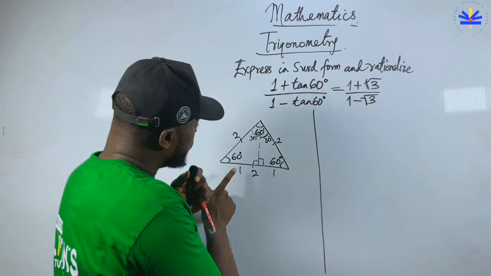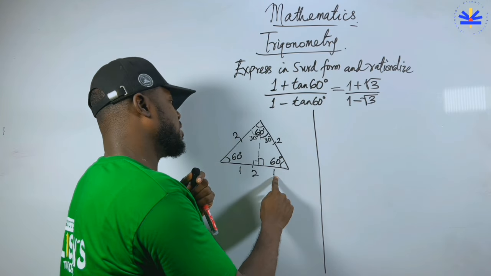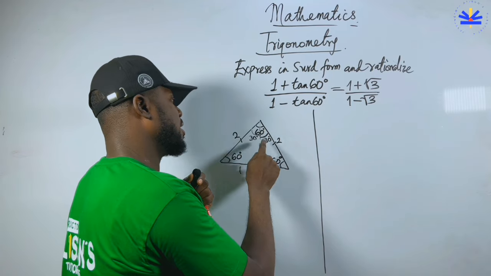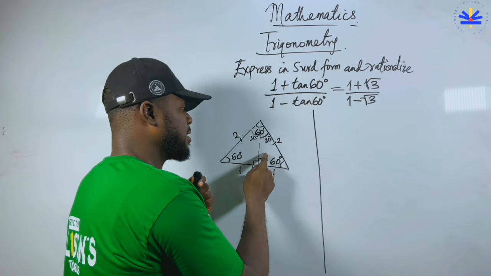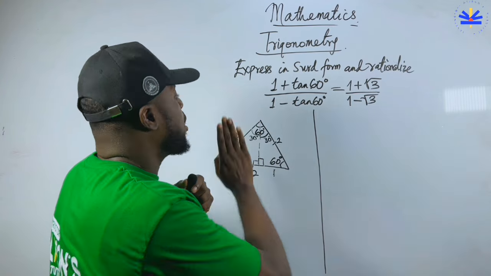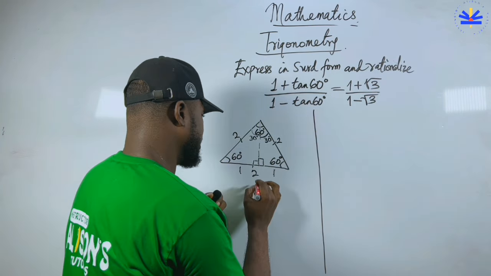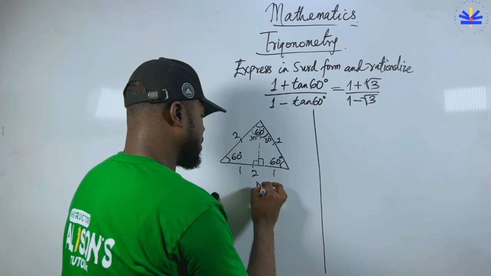Now, you see 1 there, 2 there, 60 there, 30 there, 90 there. So it means this side and this side are the same thing. Whether I decide to cut this side and come out, or cut this side and come out, the same thing will give me. So if I decide to cut this particular side, they are the same thing.